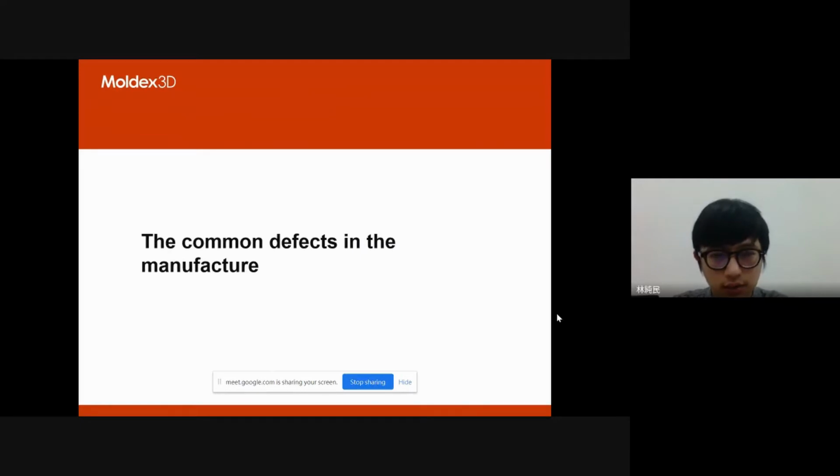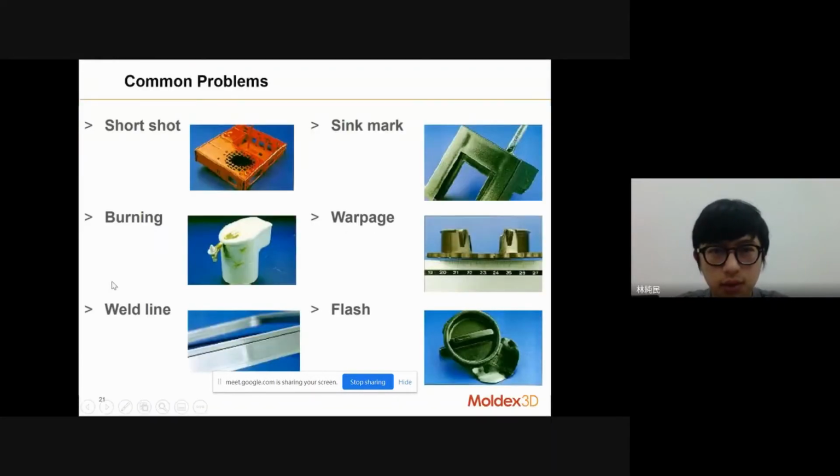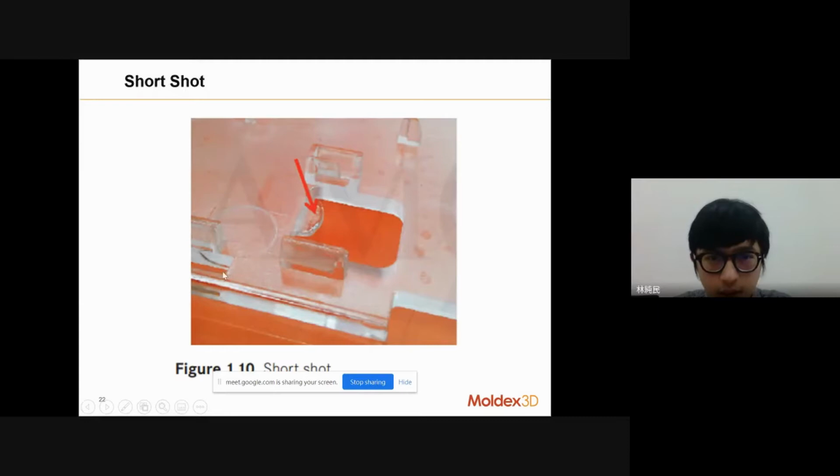So right now I want to introduce some of the common defects in the manufacture. There are 6 common problems that we will meet during the manufacture: short shot, burning, weld line, seam mark, weld patch, and flash. Okay, as you can see on these slides,